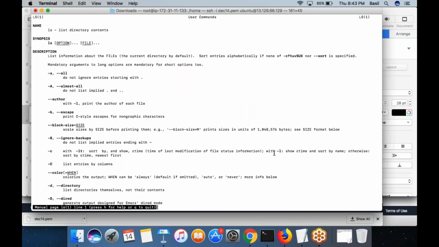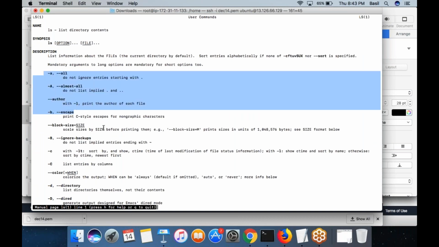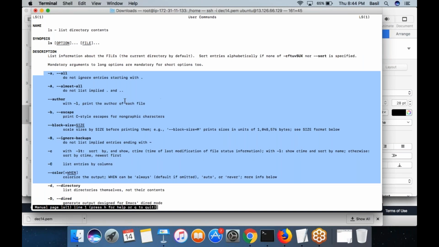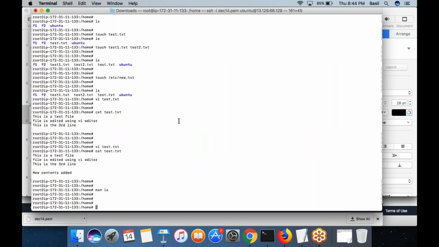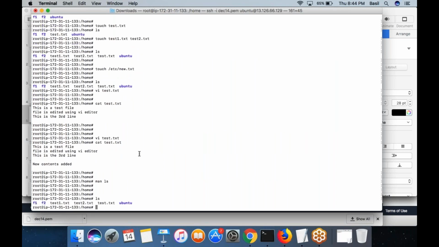What is the ls command, what will the ls command do, right? What are the different options that you can use along with your ls command? All these things you can see. For example, you can type simply ls, or you can type ls with the -a option. ls space -a command, what will this do? Do not ignore entries starting with dot. So I will show you the differences. If you type the ls command, you know what the command will do. It would show you the list of files and folders.